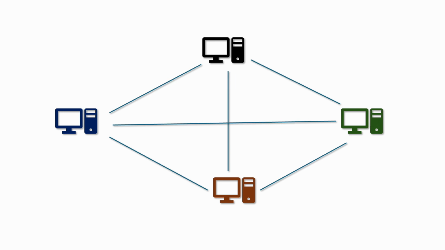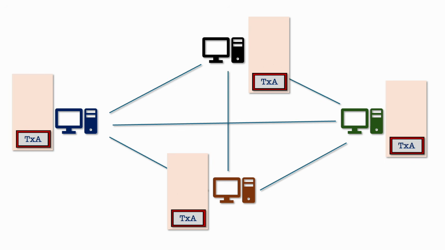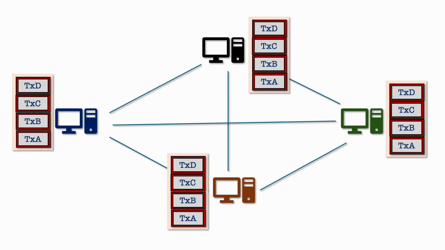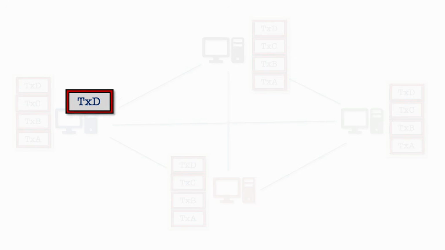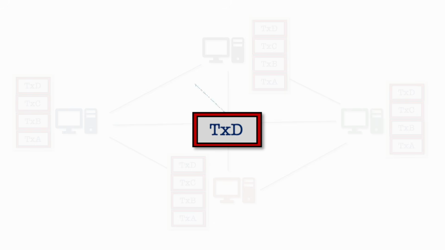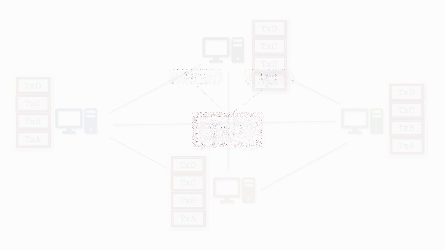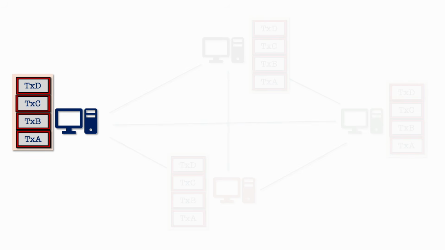Now let's jump to another world, the world of blockchain. A blockchain is a network of computers that collectively store and validate transactions. Each node has a pool of transactions waiting to be added to the chain. Every transaction has two properties: its size, which depends on the information it carries, and the fee that the sender is willing to pay. A miner or validator is responsible for collecting transactions from this pool and packaging them into